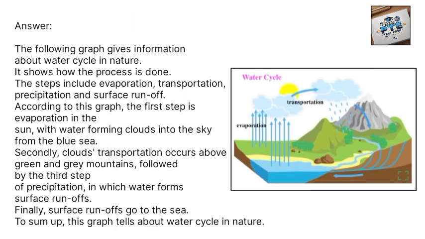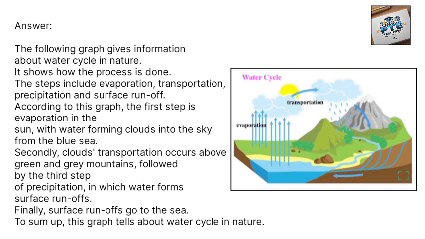The following graph gives information about water cycle in nature. It shows how the process is done. The steps include evaporation, transportation, precipitation, and surface runoff. According to this graph, the first step is evaporation in the sun, with water forming clouds into the sky from the blue sea. Secondly, clouds transportation occurs above green and grey mountains, followed by the third step of precipitation, in